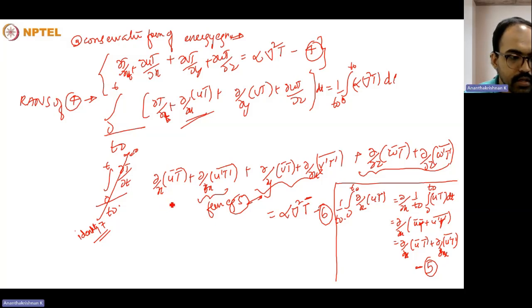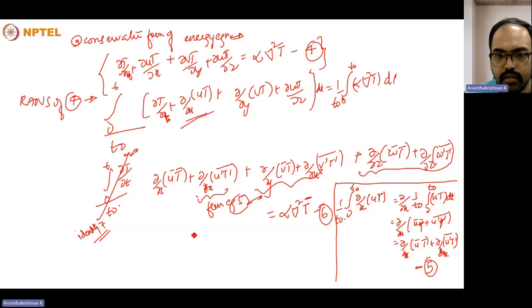So every equation will have these two terms. Every term will be distributed into these two terms, and the right hand side will be straightforward, alpha delta square t. Now what we need to do is we need to split it. So what we could see is that this term